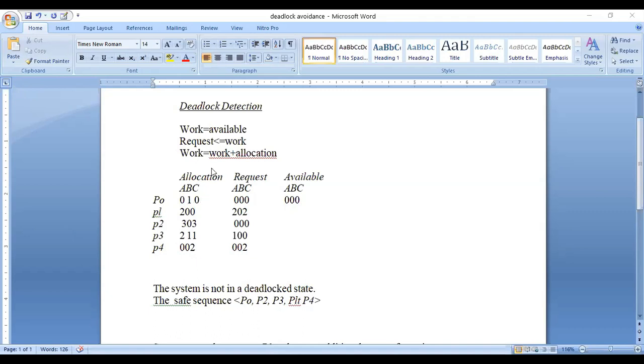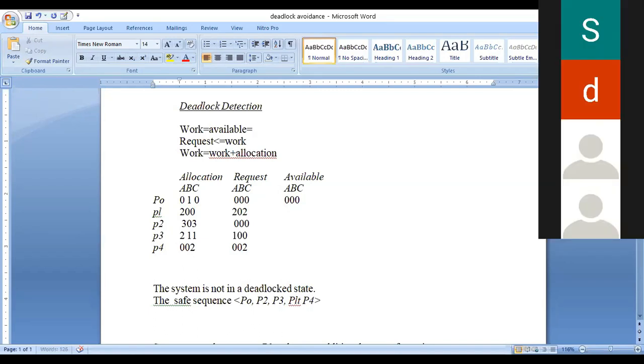First, work is equal to available. At the first condition, what is the work value? What is the present available value here? 0, 0, 0. So work is equal to 0, 0, 0. Now, request is less than or equal to work.